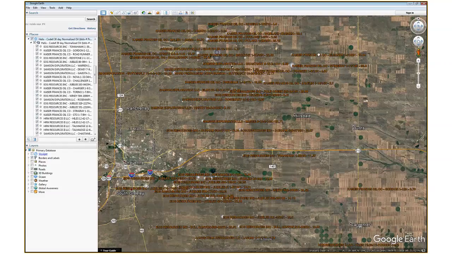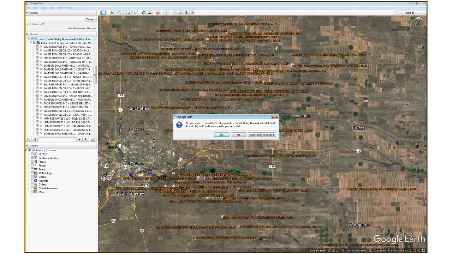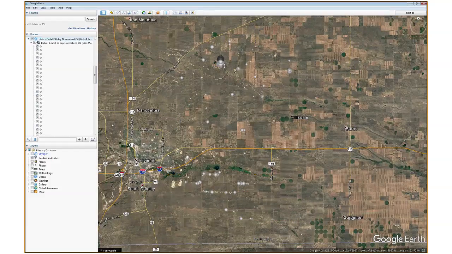So what I'm going to do now is customize that. I'm finding these labels a little distracting, so I'm going to turn the labels off on the actual place marks by changing the label setting to off, and then create the KML file again. Just going to open again. And here I can see the same place marks but without the label, and they're all actually